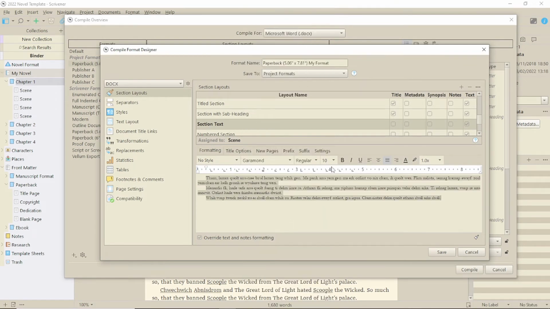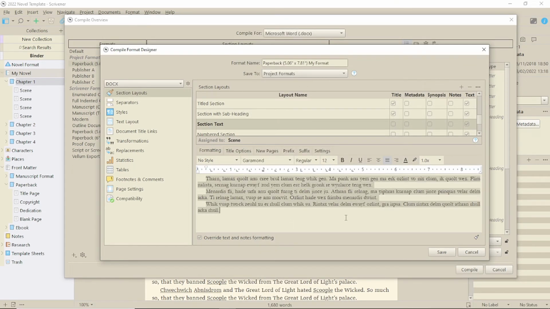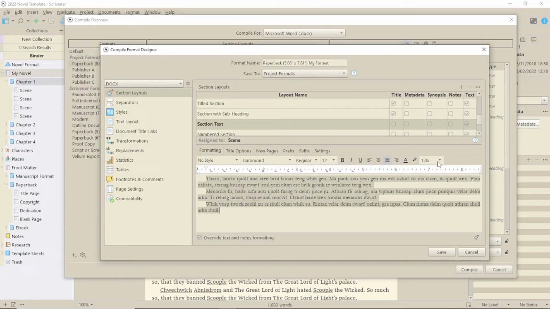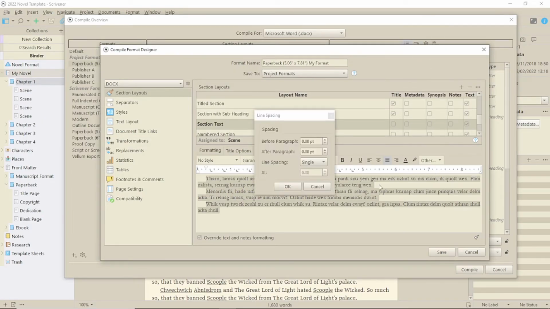If you have previous books not generated from Scrivener and you want this one to match, I would suggest you look at the line spacing option in Word for one of those books. It isn't usually a straight single line spacing. Then go into the line spacing option and type the same thing in under the multiple setting.